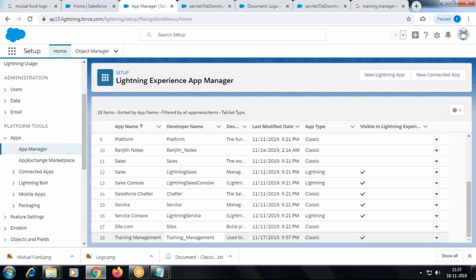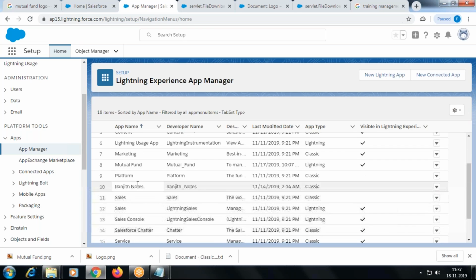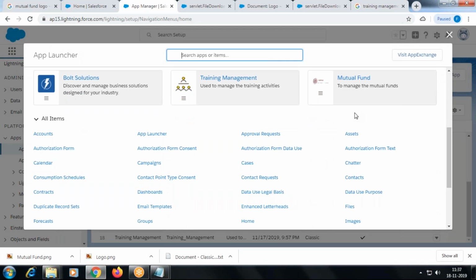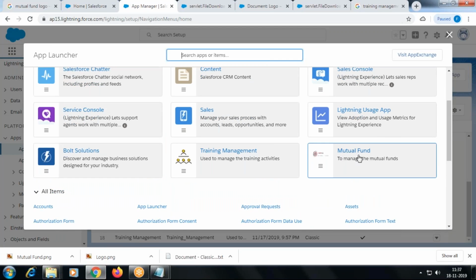So now, yeah, mutual fund is here. It's a lightning tab. It's a lightning type. It's not classic. Okay, but our training management is a classic type, but visible in lightning. Got me? Right. So I go here. So mutual fund is there.